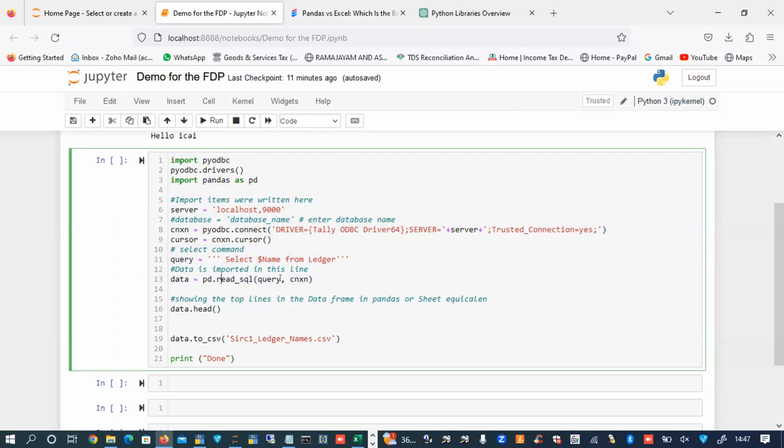Pandas.read_sql, I run the query. I've added this data frame, or sheet-equivalent data, to something called data. So now the whole sheet is in data, and data.head will display the top line items. .to_csv will save it in a CSV file.